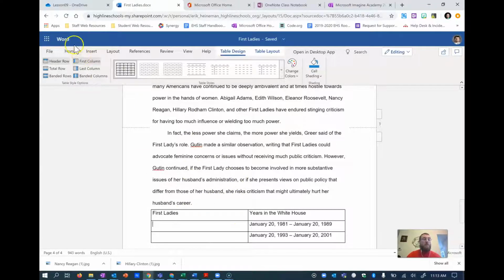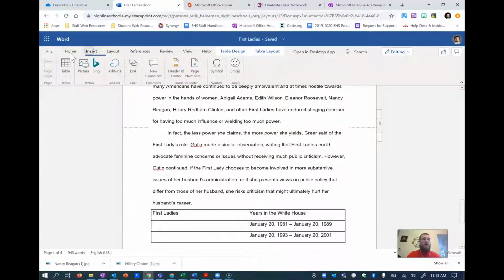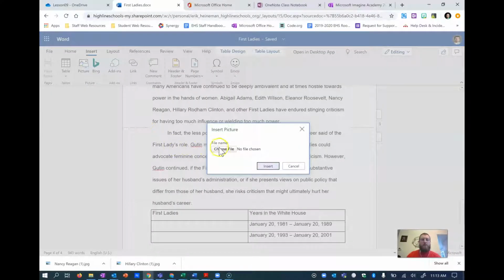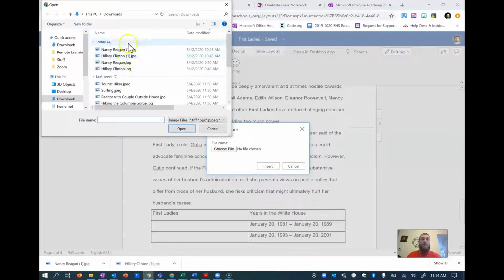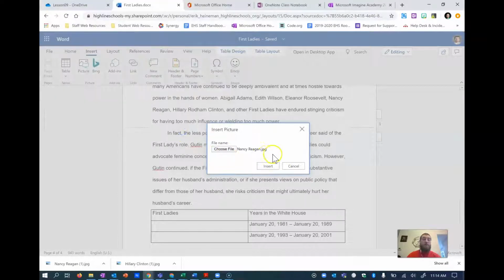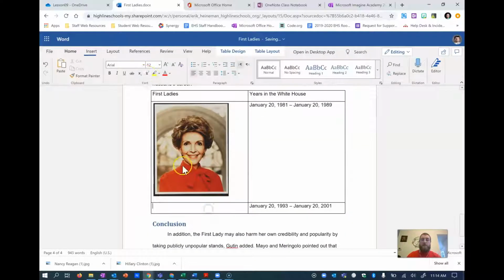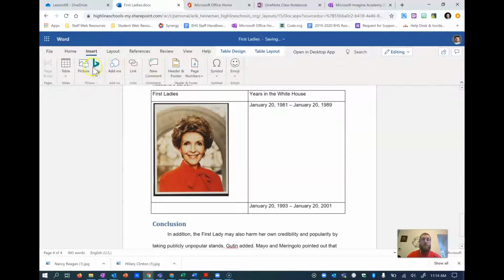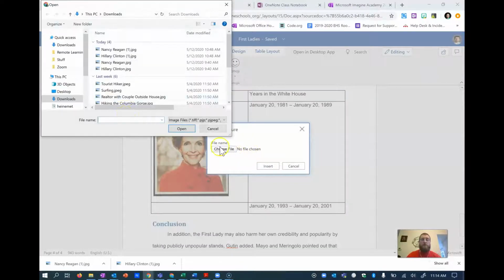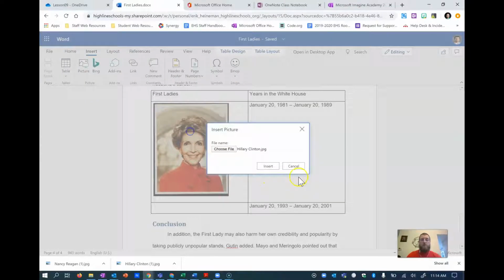This first picture is for Nancy Reagan, so we're going to go to Insert, Picture, choose a file, and then you'll be able to find them in your downloads folder on your Chromebook. I've already downloaded them a couple of times, so I can pick either one, but the first one's Nancy Reagan. We'll click it, whoops, I gotta click open. I did that earlier too. Click insert, and that'll insert the Nancy Reagan picture, and then we'll do the same thing to insert the Hillary Clinton picture. Open, insert,